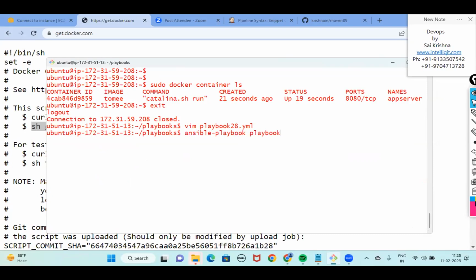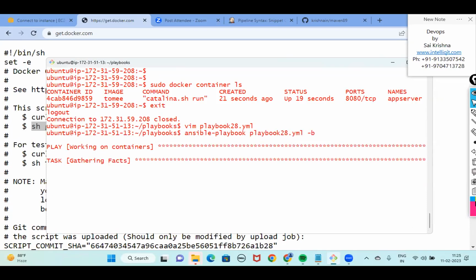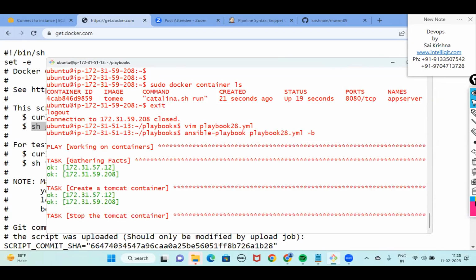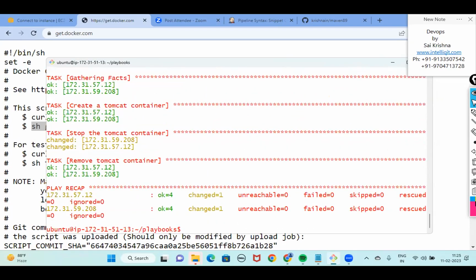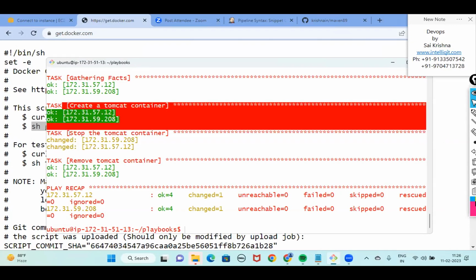ansible-playbook 28.yaml. Now, in case you want to repeat the same playbook of configuring Tomcat through this playbook on the same server, let's say I want to change the port number and restart, you can run the same playbook and it will change automatically. So do you notice creation of the Tomcat comes in green, whereas the other